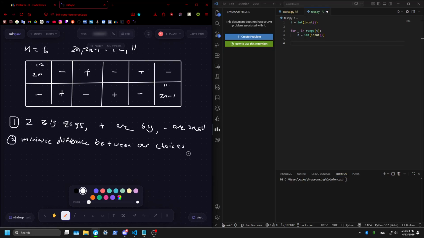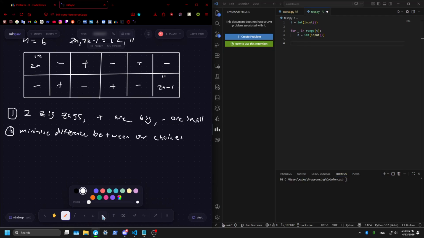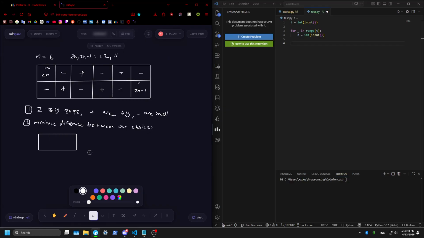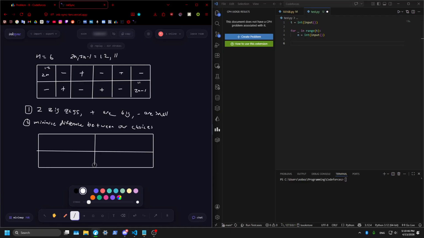All right. Now, let's craft a grid with our newfound knowledge. Bang, bang, bang, bang, bang. I guess we have 2 more points, right? The 2n and 2n minus 1 thing. I won't write those out. I think I explained that enough. So our biggest number, put 12 here, 11 here,